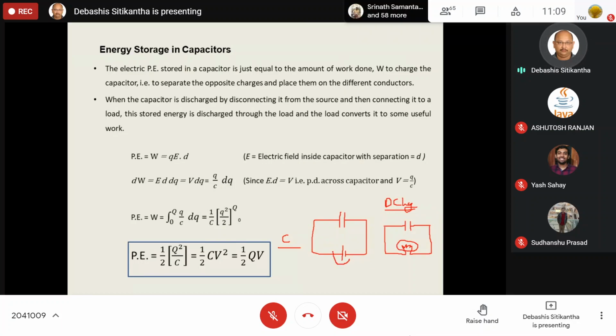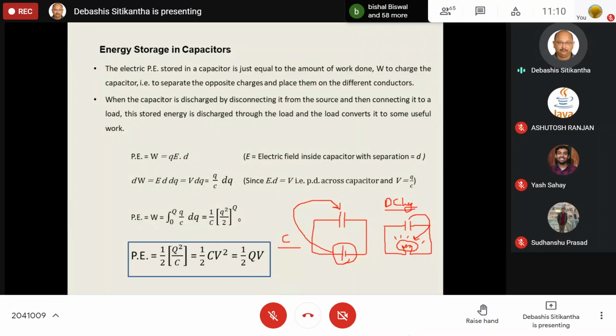Now in this process, from the battery, the energy is stored inside this capacitor during the process of charging, and during the process of discharging, the energy stored in the capacitor is discharged into this load. When it does that, for some time it does some useful work like glowing the tungsten filament bulb. So whatever energy was stored inside the capacitor is now discharged through this load, and this load is doing some useful work by giving you some light energy.